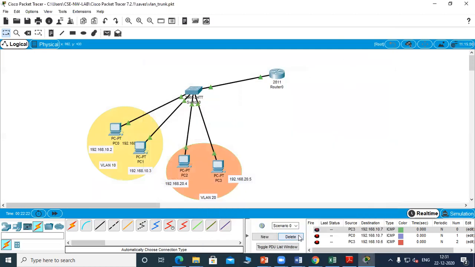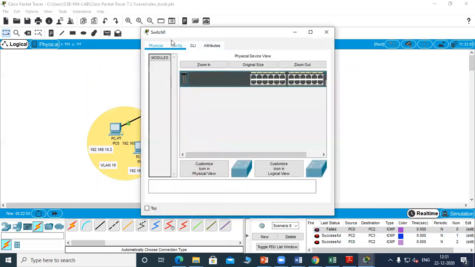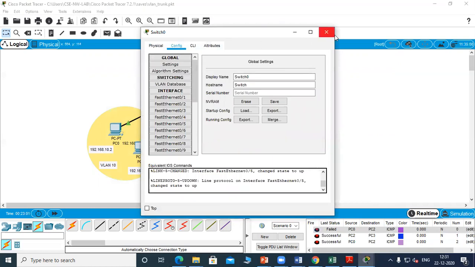Now we'll check whether we are able to transfer a packet from one PC to another PC. So you can see that it is still failing. So there is still one missing command that you have to do. Now within the LAN, it is successful, but not across the LAN. Okay, so across the LAN is also possible, but make sure, in case it doesn't work, make sure that